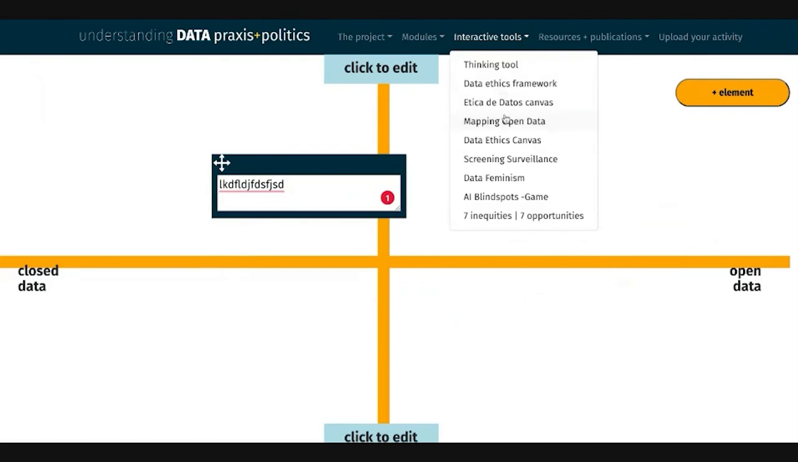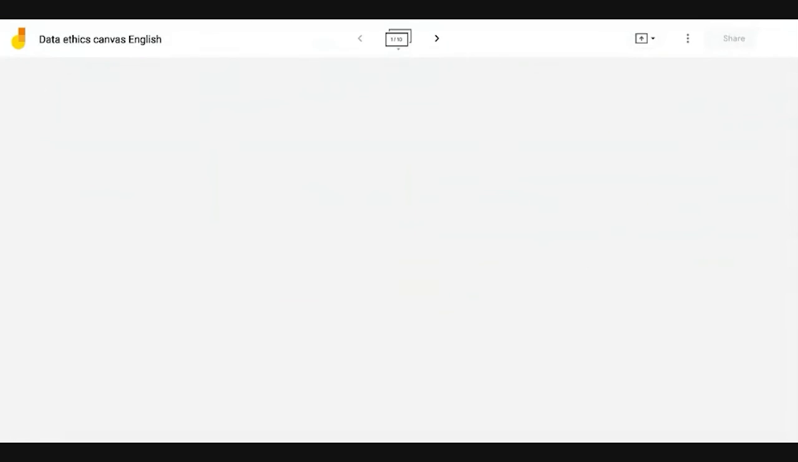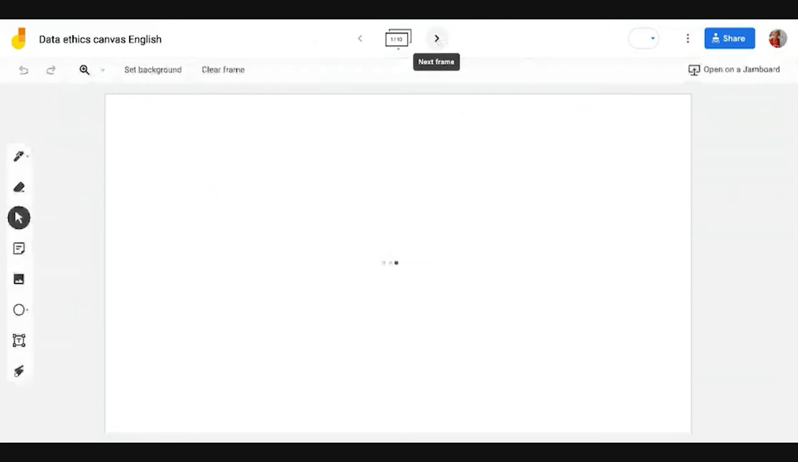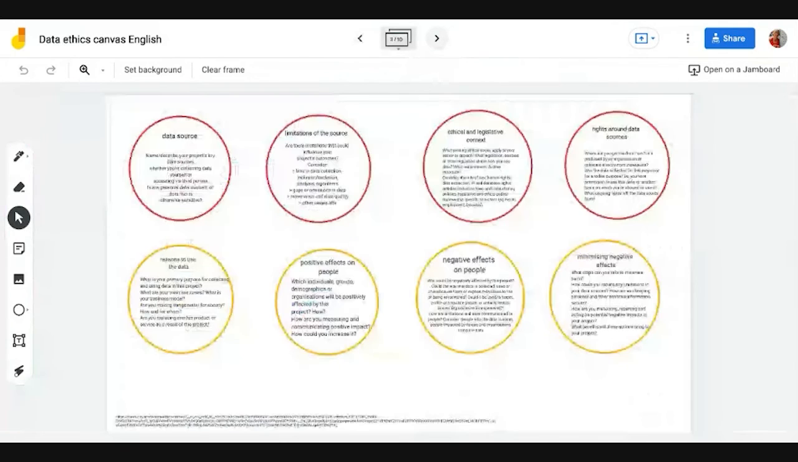We have, for example, the data ethics canvas in a Jamboard where people can use this. This one is in English and there is another one in Spanish. And here people can use this canvas in their own teaching. And sorry, my internet is a bit slow, but hopefully, yeah, here it is. And this is just the ethical questions that you can ask the data and the problem you're solving, so